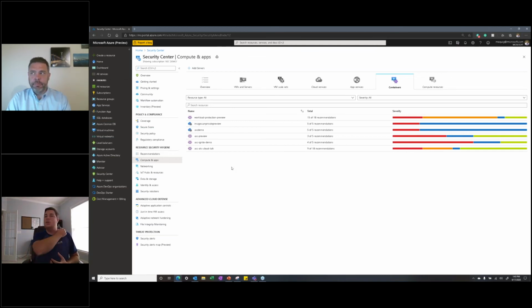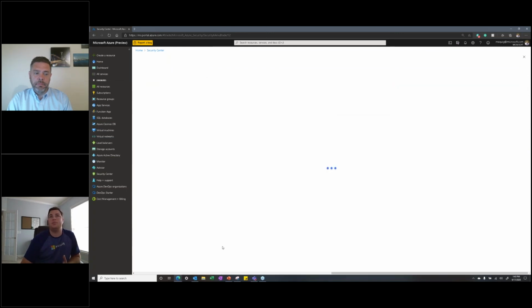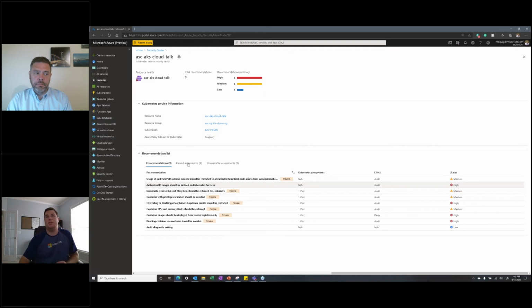The configuration can be based mostly on templates going into different types of services in those containers. But the problem we run into is different kinds of configuration problems. That's where Security Center can look, and you can come in here and look at your AKS workload individually without having all the other stuff around it. You can actually see, okay, what's going on in the Kubernetes? What is it actually affecting? And what is the effect? This will give you a nice area of, where's the resource group? What's the resource name? A recommendation summary, the name of the resource, making sure all pieces are set so that you know all your configurations passed at least the assessments you put in place.